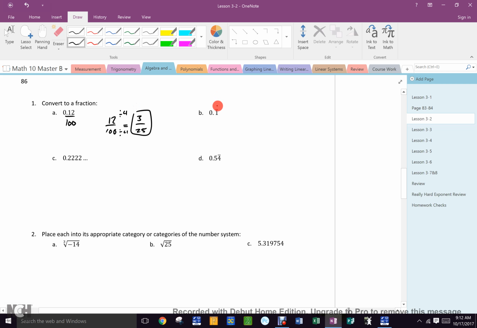Does everybody remember what that line means? That what is under that line repeats. So this is really 0.111 forever, yes? Now, if it was only 0.1, what would it be? 0.1 would equal 1/10, yes? But this is